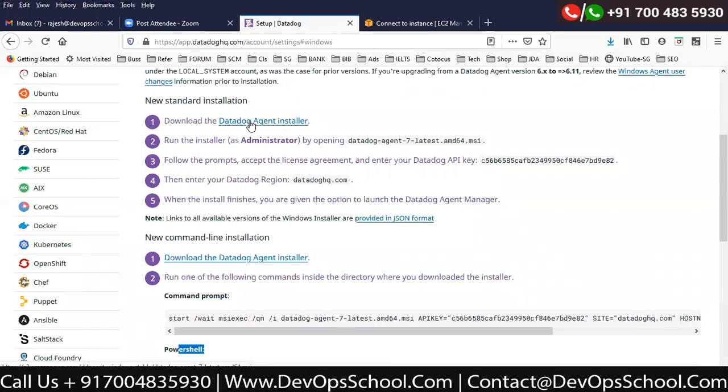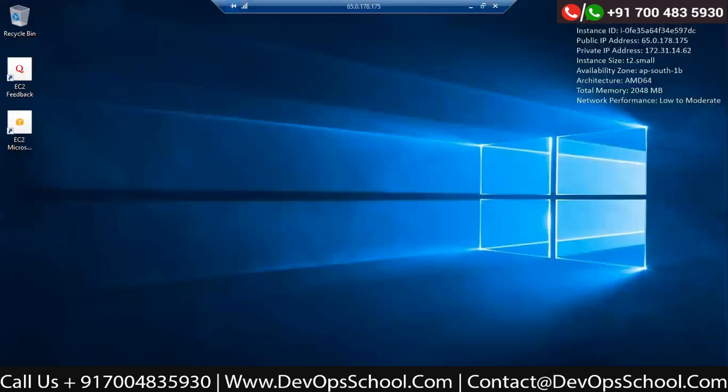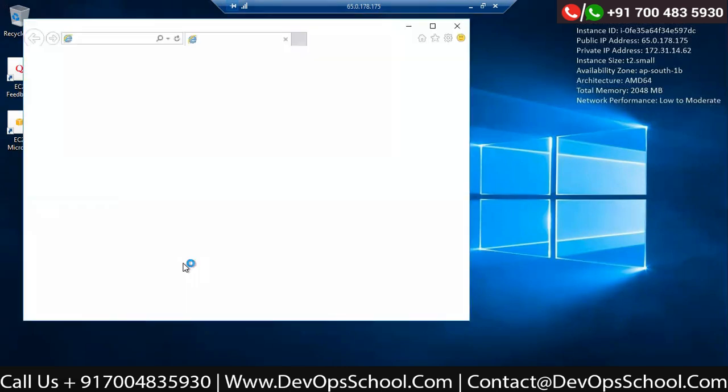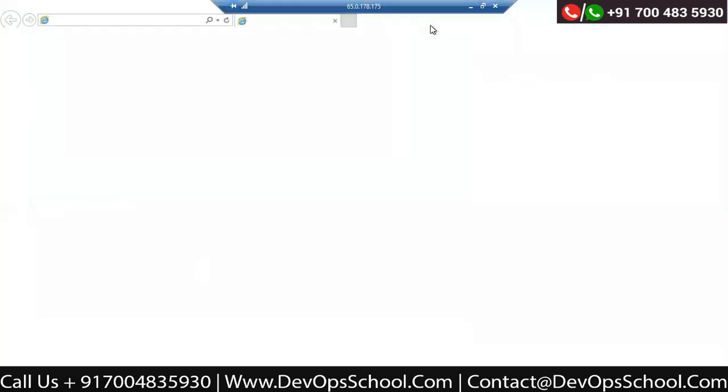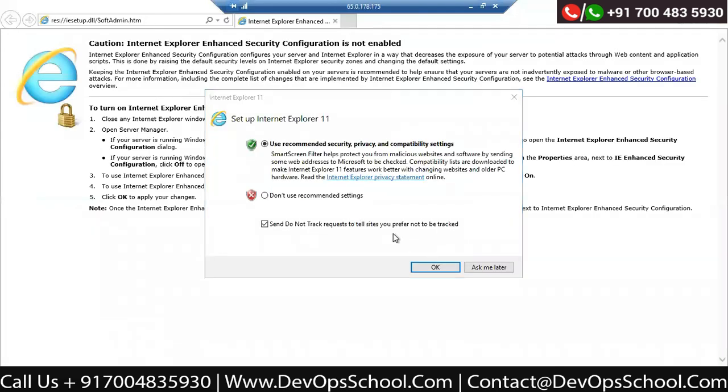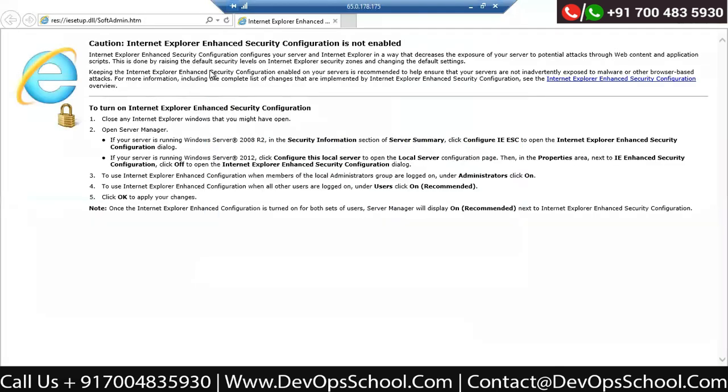So I'm downloading the MSI file. I will not click here, guys. Mind it. I will not click here. I'll just copy the URL and go to the machines. Open up IE here, and I'm going to download that. Because I'll be doing it manually, you'll understand many things as usual. And you have done this hundreds of times already. Which one?